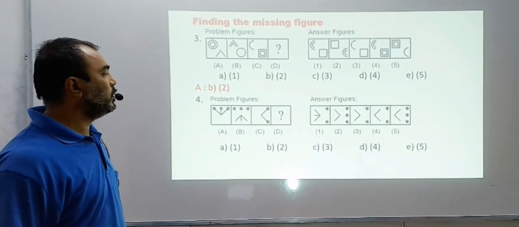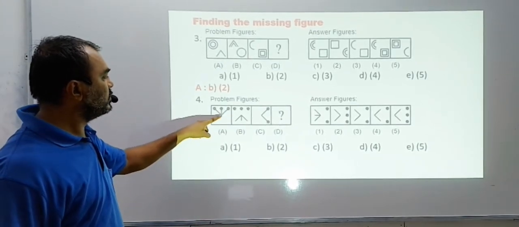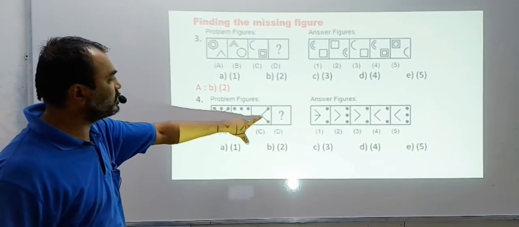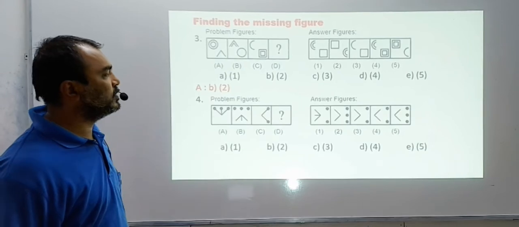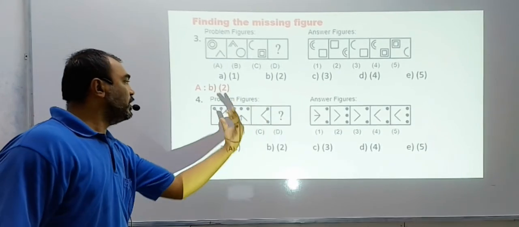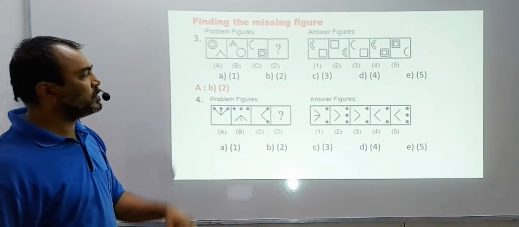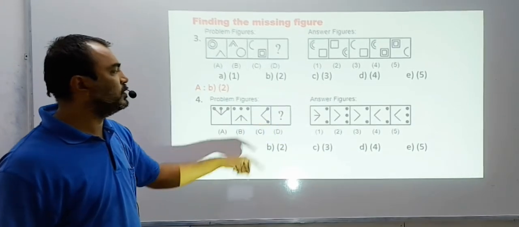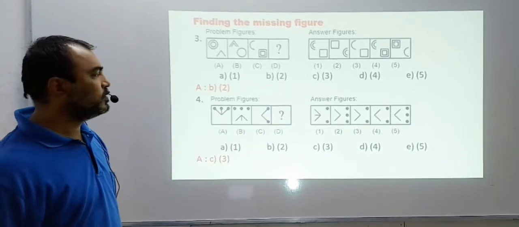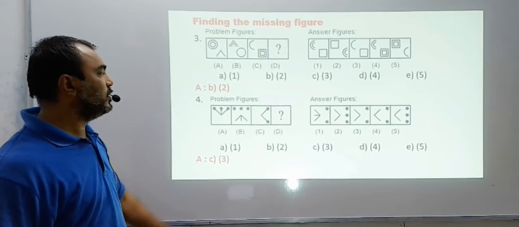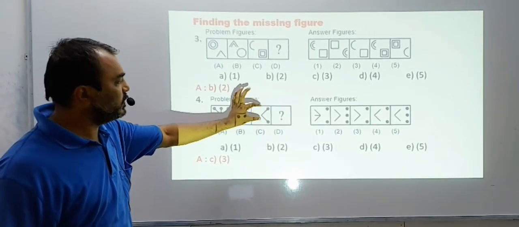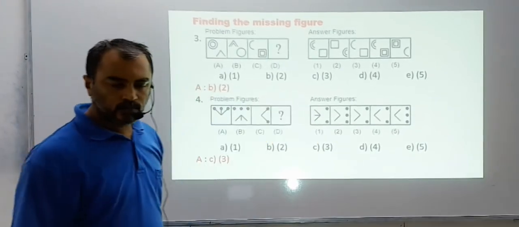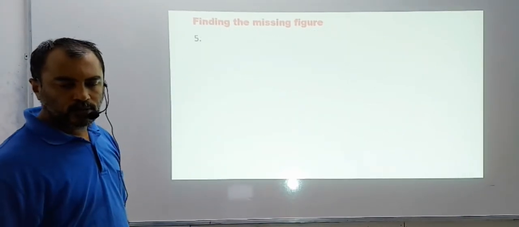So when they turn by 180 degree, the center has remained the center. This point in the center should remain the center and it should turn by 180 degree. So now you must have got the answer. A is not matching because it's got a middle arrow, there is no middle arrow here. So the answer is C3. Clear? The black dots have not changed the places while the lines have turned by 180 degree. Go to the next one.